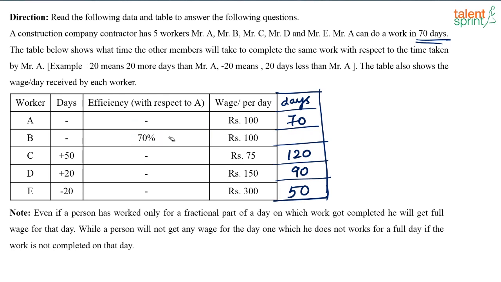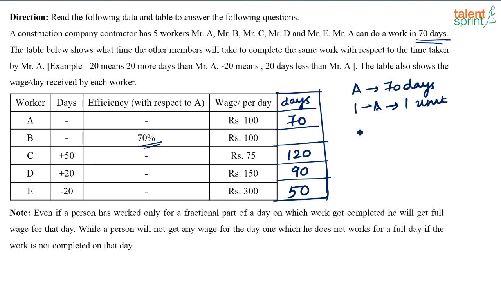B. Here when you look at B, they have given us the efficiency of B with respect to A. So they are saying the efficiency of B is 70% of that of A. Okay, what does that mean? See, here I know that A is taking 70 days to finish a work, or I can just say that in one day, okay, how many units of work will A do? Let A do 1 unit of work. So if I say A takes 70 days to finish the work, and in one day A does 1 unit